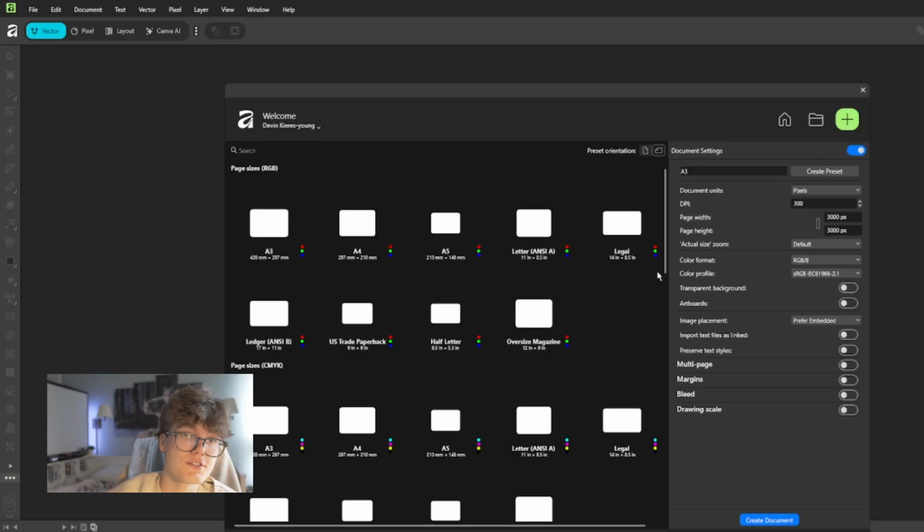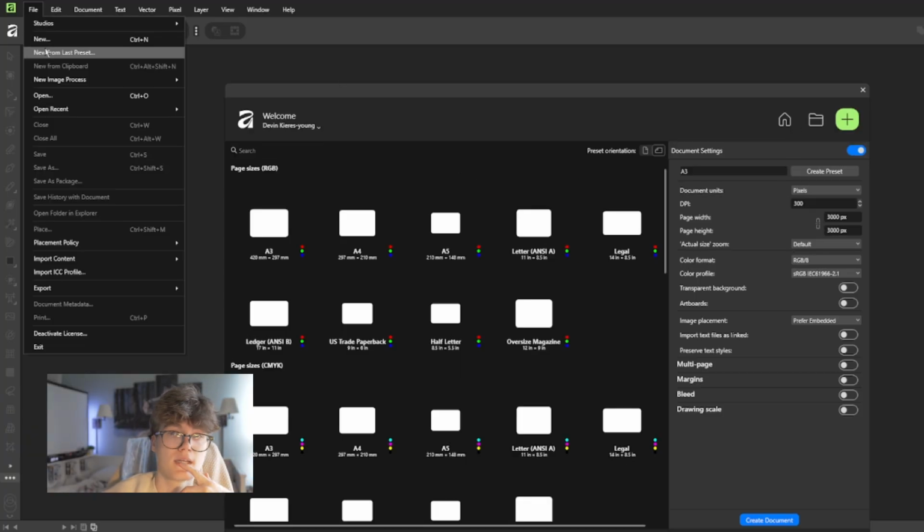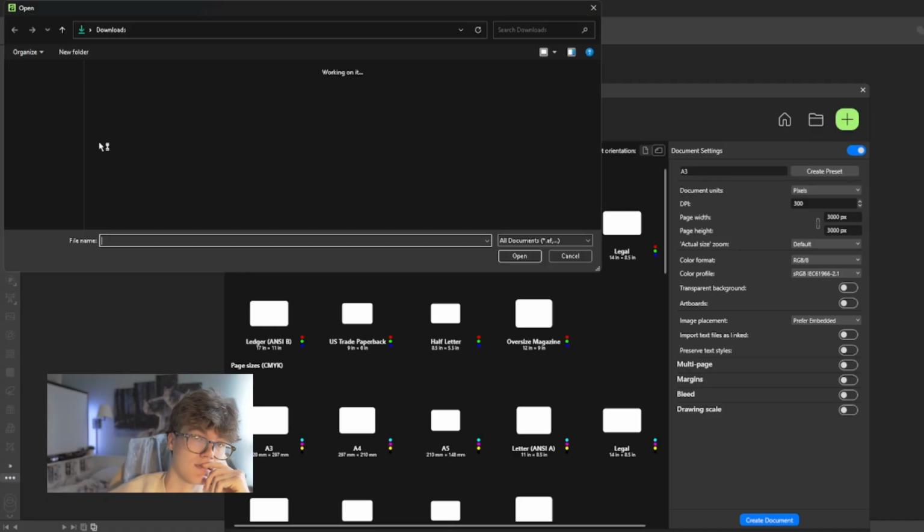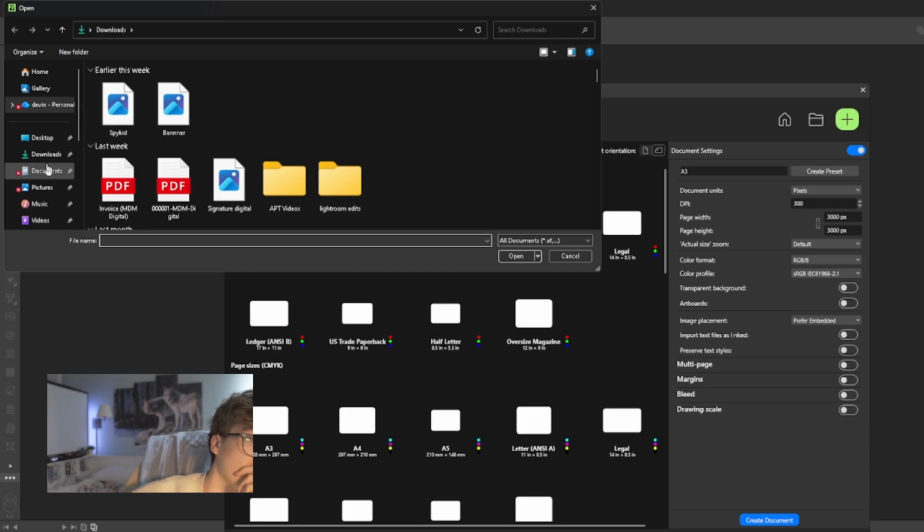It's not open source, but it is a great app, and I always suggest it to everybody who wants a Photoshop, Illustrator, and InDesign program replacement all together, unlike what they used to do, which was have a separate app for both, essentially. So I'll show you here. If we go to the top left corner and press open, it will show up with this, and obviously you can find